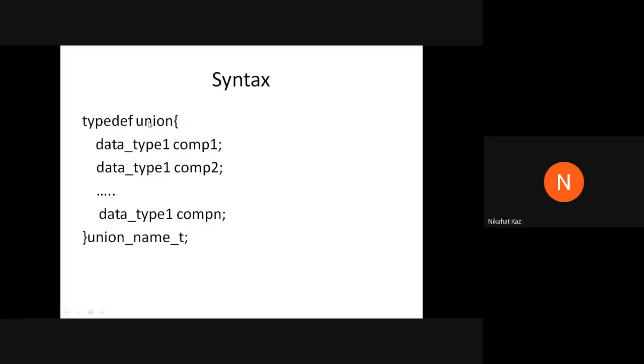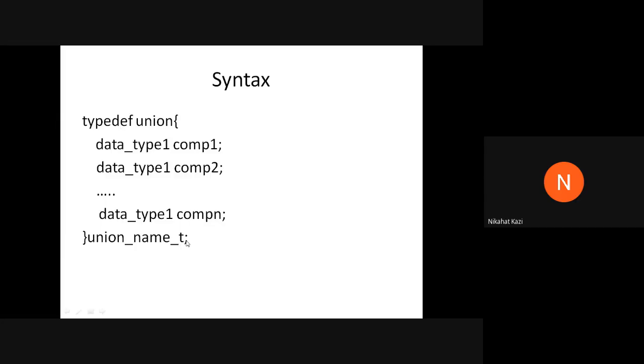So you write typedef union, curly brackets, and in that you have your components listed one by one: data type 1 component 1, data type 2 component 2, and so on, data type n component n, followed by your union name. So you are giving it a name, the union name type. This is the syntax.